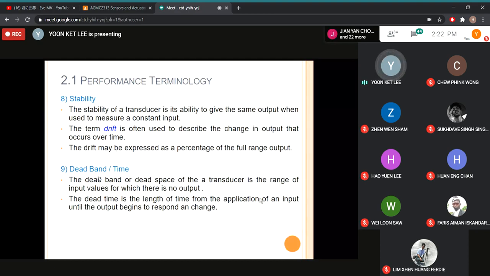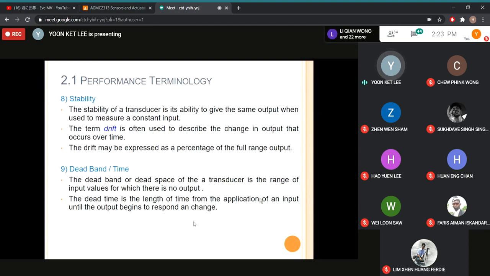Then there is the deadband. I mean, this is the time. The deadband or dead space of the transducer is the range of the input value for which there is no output. That means they need a certain setup time. The dead time is the length of time from the application of an input until the output begins to respond and change. For example,